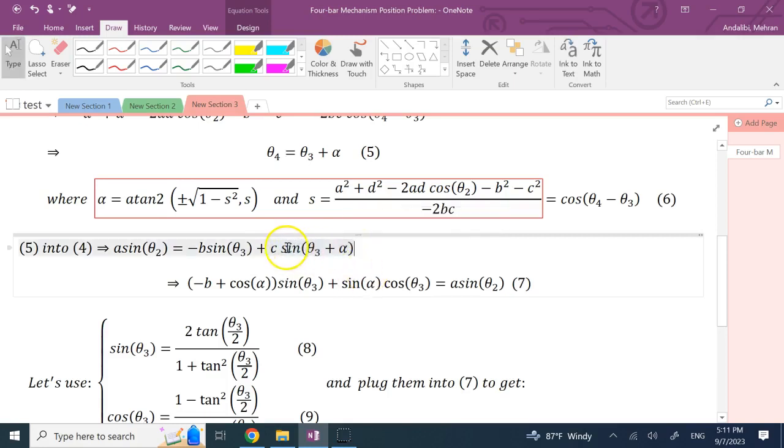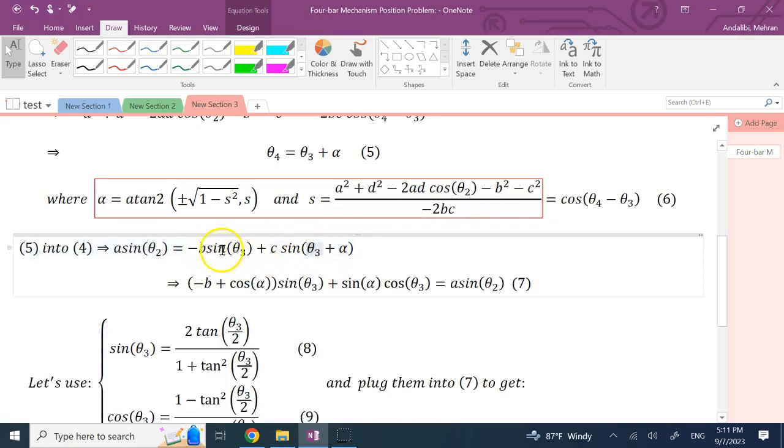As you know, sine of a plus b in general is what? Sine alpha cosine beta plus cosine alpha sine beta. So if I do that, then cosine alpha is going to be multiplied by what? Multiplied by sine theta, right? Cosine alpha is going to be multiplied by sine theta, and then